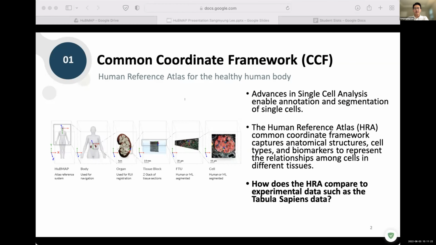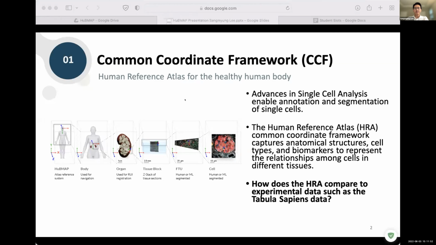The advent of single-cell resolution analysis and the advance in bulk RNA sequencing enable annotation and segmentation of single cells, and offer opportunities to explore the molecular characterization of cell types and the spatial location of single cells. This technology has enabled detailed comparison at the cellular level of vast amounts of data and made possible the creation of cellular atlases of larger tissue blocks, entire anatomical structures, and soon complete organs, and one day,